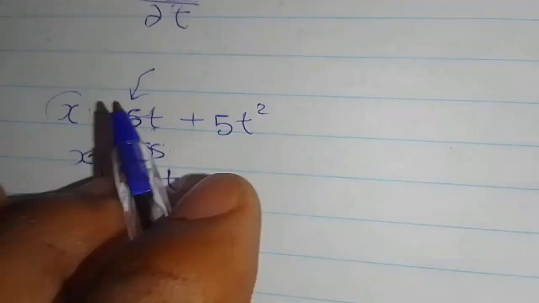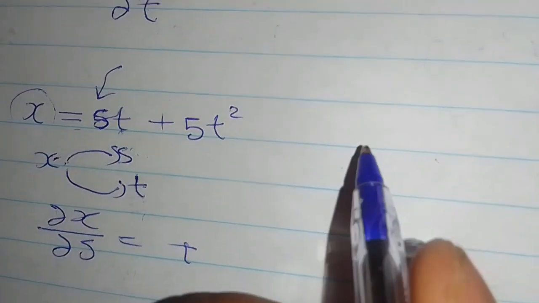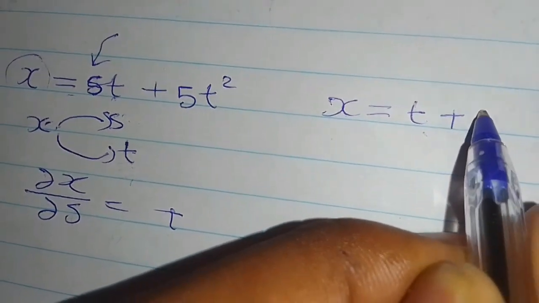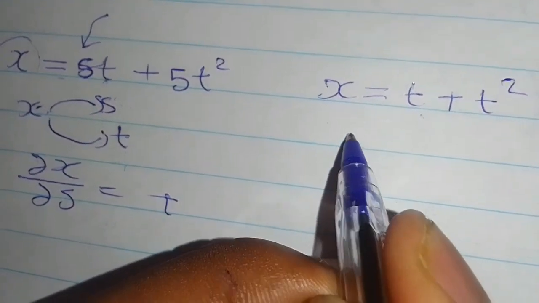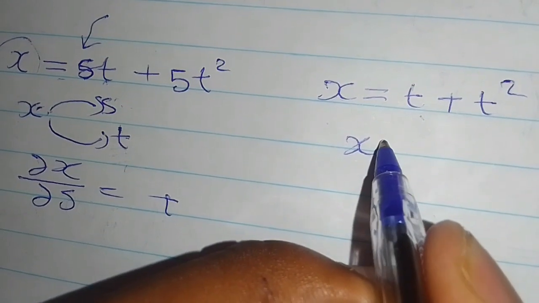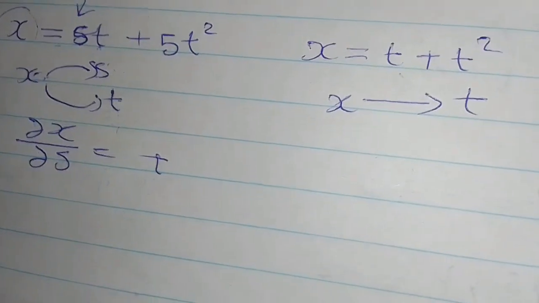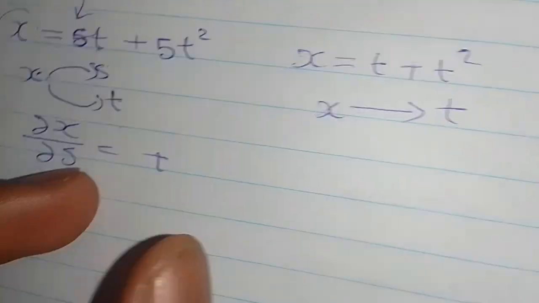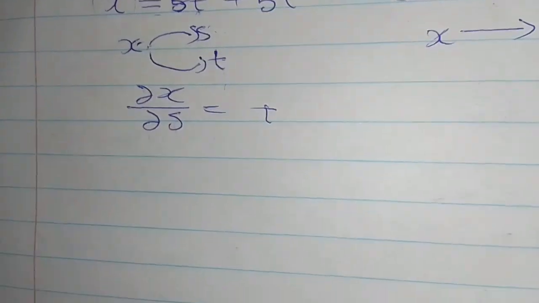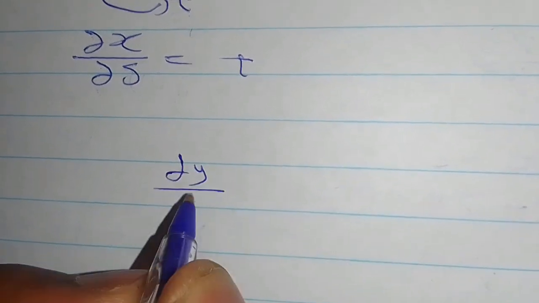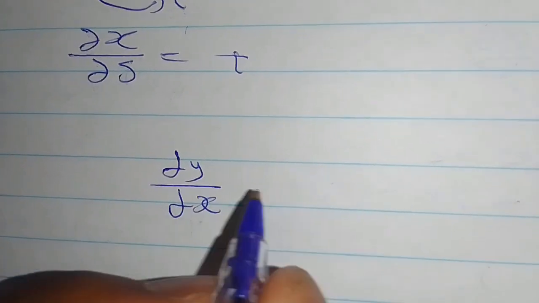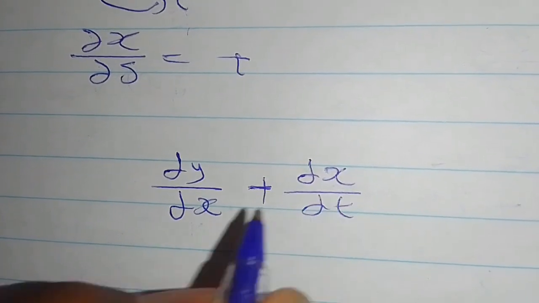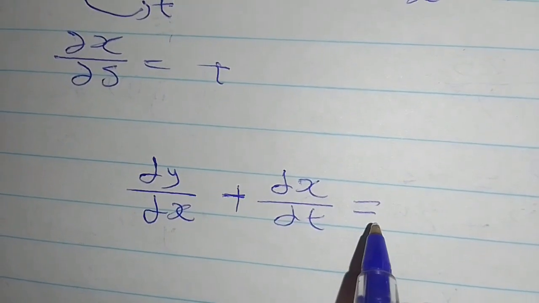So for an ordinary differential equation, we only need our x to rely on just one variable. Suppose that x is the dependent variable, and it depends on t only. So that's how we will classify the differential equation. So let's see, dy/dx plus dx/dt equals